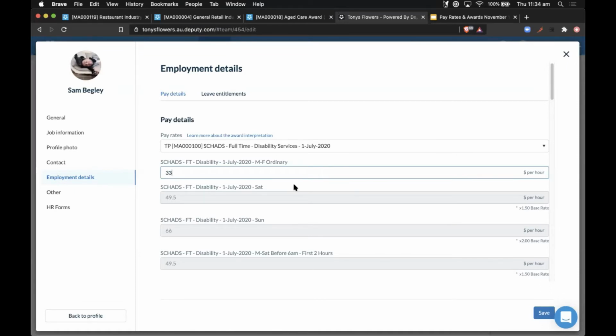The goal it's trying to achieve is getting you as close to compliance as possible, as opposed to auditing every single person's timesheet to manually make them compliant. We're trying to bring the automation as much to that point as possible, so you only have to do some of the manual stuff, like 1 or 2 allowances, to achieve that level of compliance.